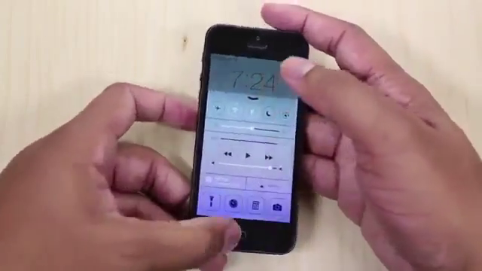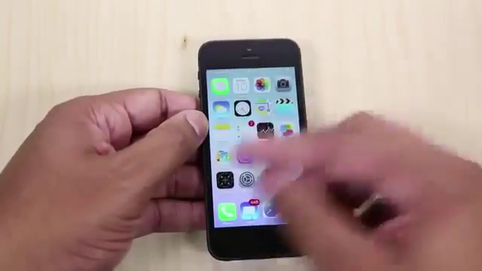And I think it's not wanting to slide down. Let me hit the home button. All right, that works. All right, so now let's take a look at some of these stock applications,